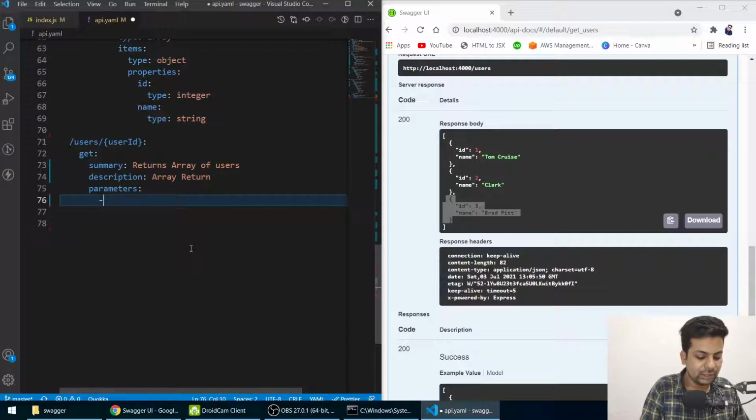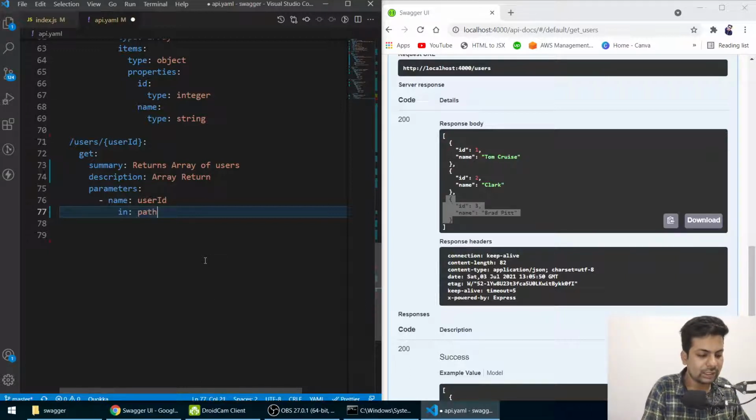So I'll say name. What is the name? I'll say user ID. There should be a space between the dash and name, make sure of that. And I will say userId. This name and this name should match. So I'm telling there will be a name userId. And from where do I have to send it? I have to send it from the path.